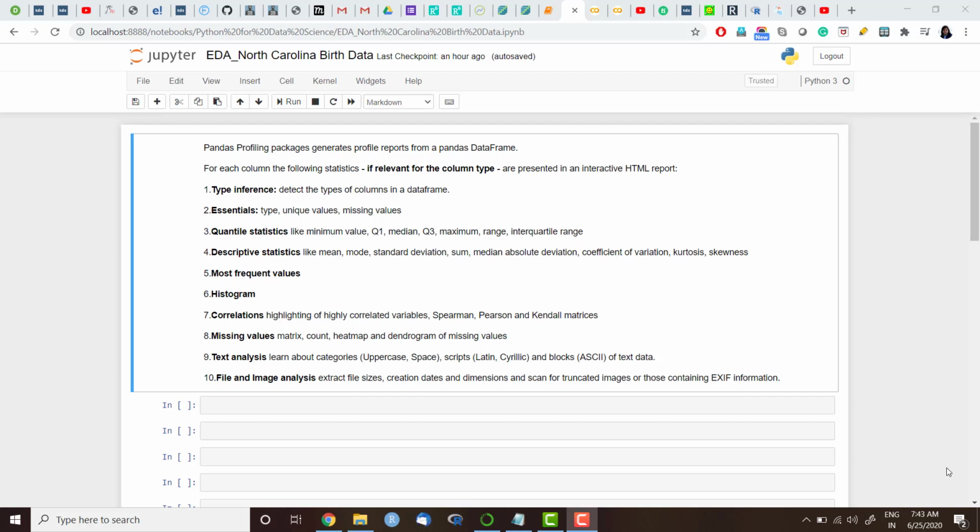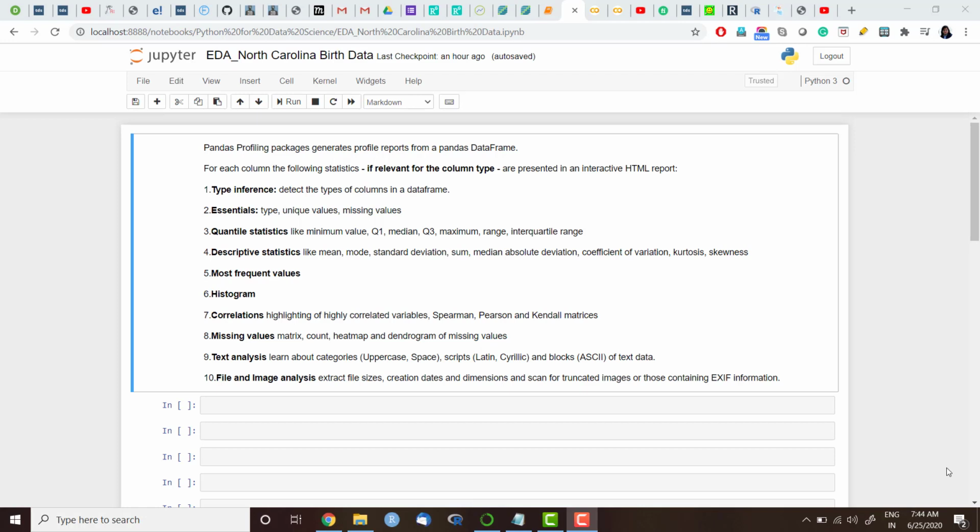So exploratory data analysis is very important, and at times it is very time consuming to look at all those missing values, variable types, look at all those statistics, distributions of the variables, correlation, so many things for various variables of a data frame. This task can be made easy when we use AutoEDA tools.